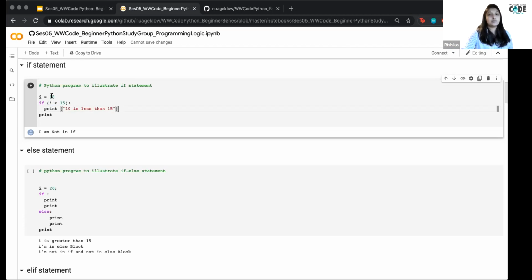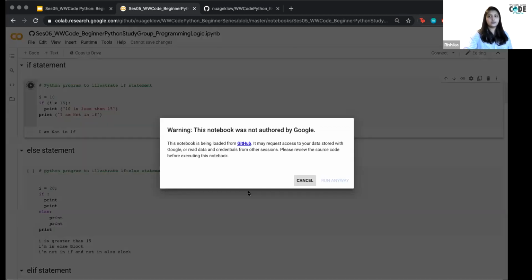But in this case, i is equal to 10. So we're actually not going to be printing out whatever is inside here, because 10 is less than 15, as we all know. So instead of printing out 10 is less than 15, what we're going to print out is "I am not in if". So if you run this piece of code,